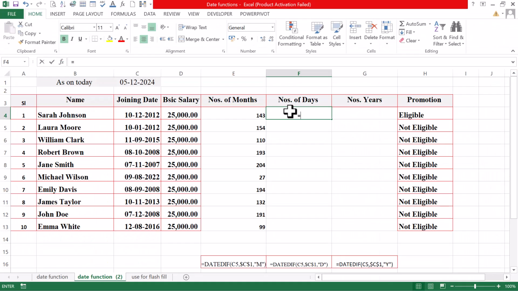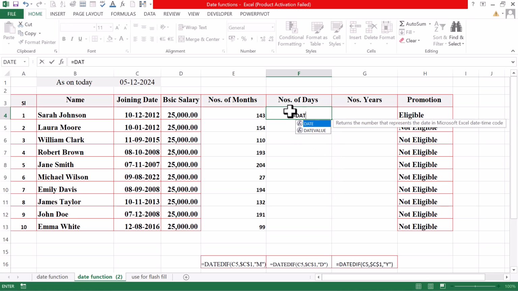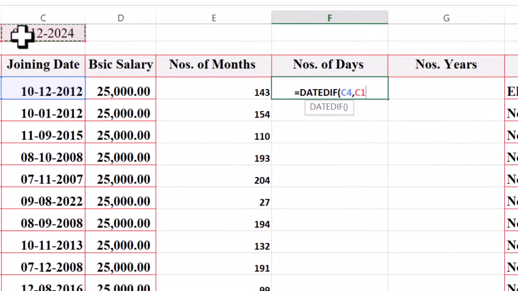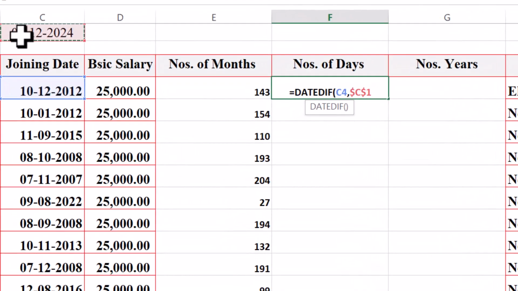Now, let's construct the formula to calculate the number of days an employee has been in service. 1. Place the cursor on the first cell under the number of days column. 2. Type an equal sign to begin the formula. 3. Next, type DATEDIF followed by an opening parenthesis. 4. Click on the cell under the joining date column for the specific employee to reference their start date. 5. Add a comma and then click on the cell labelled as on today to set the reference date for